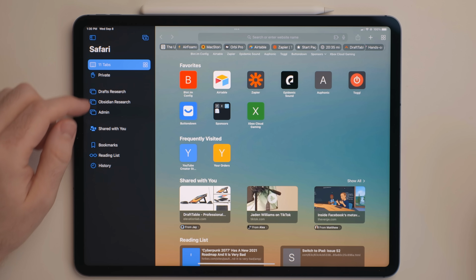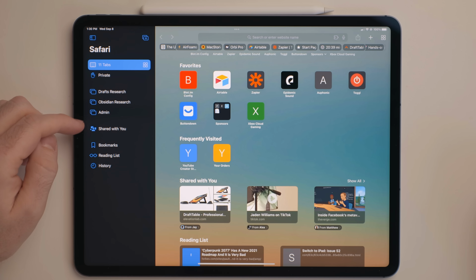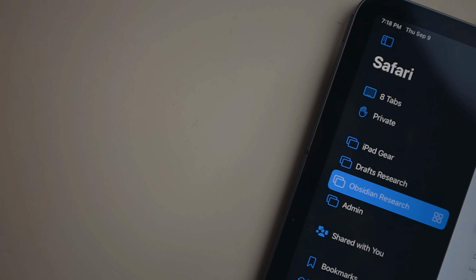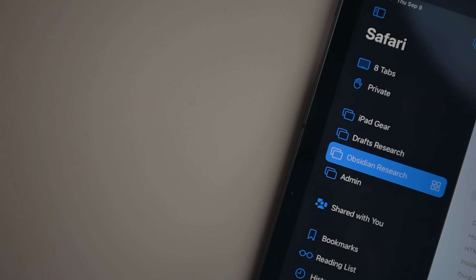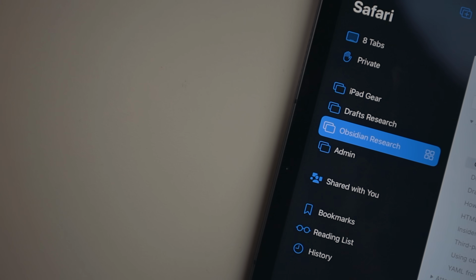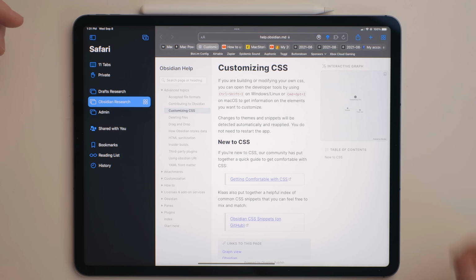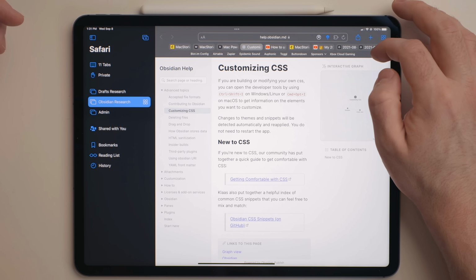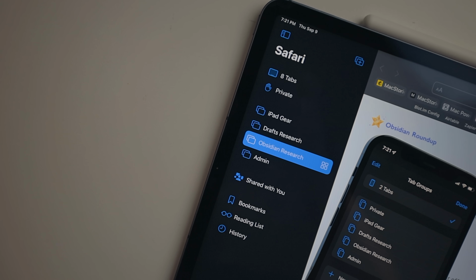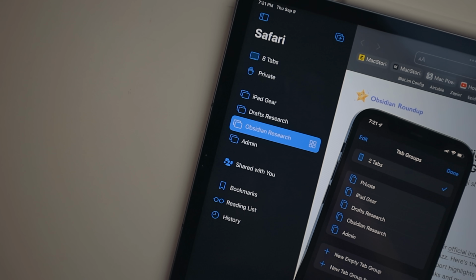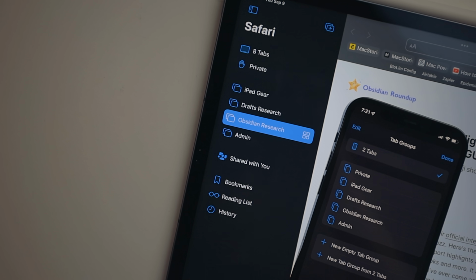Another one of my new favorite features in Safari is tab groups. In my iPadOS 15 overview video, I said I didn't get them and I miss pen tabs, but after having some time to use them, I really like these. These basically allow you to send tabs to different groups, creating a different window for Safari. While you could use another window of Safari on the iPad to create the same effect, tab groups sync to all of your other